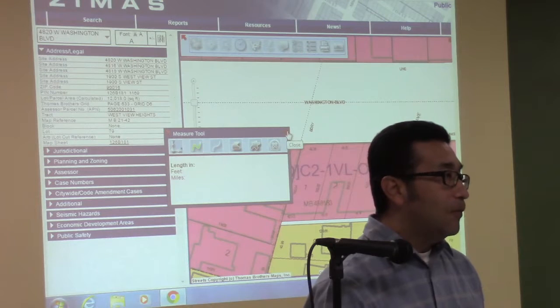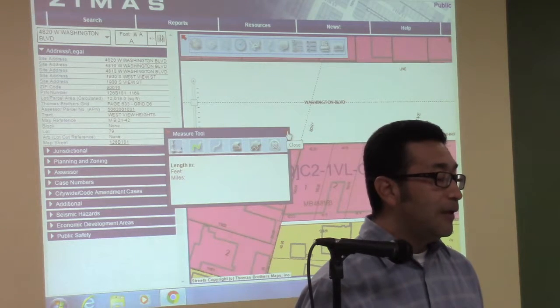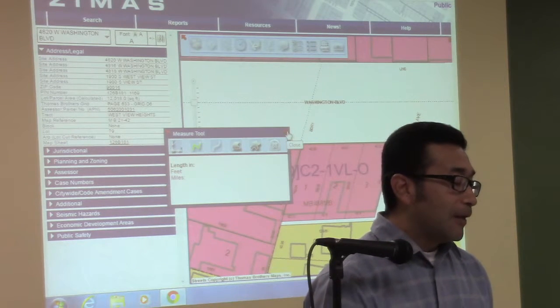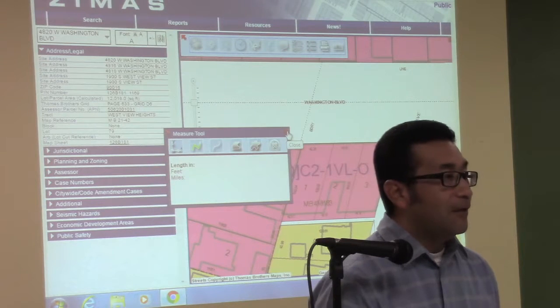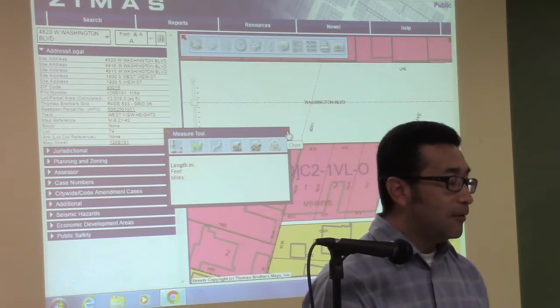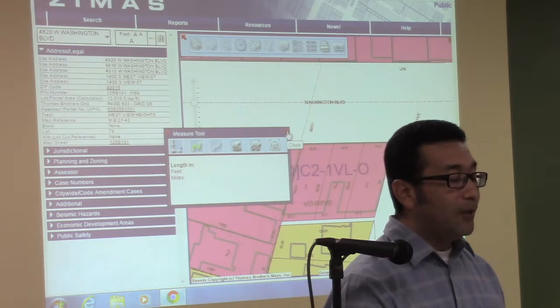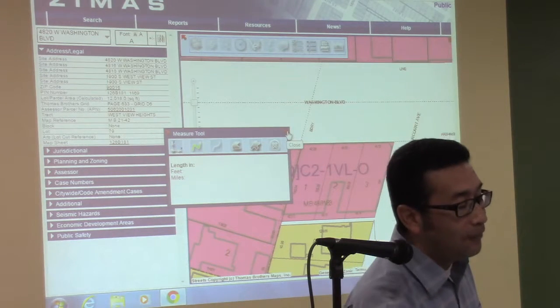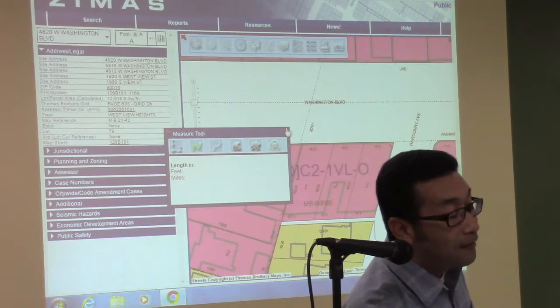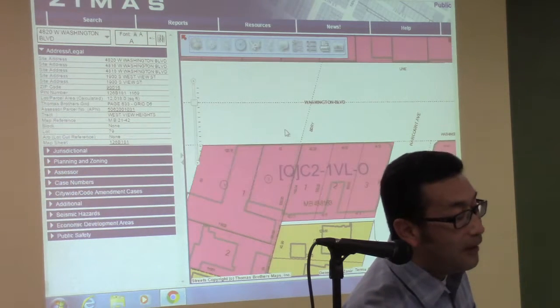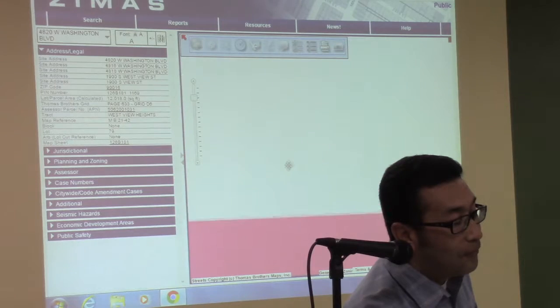And that has to do with programming. Different, what we call events, might be conflicting with each other. So we don't want that to be happening. In order for one event to take place, one has to stop. So I'm just going to stop the measurement event and go to the,